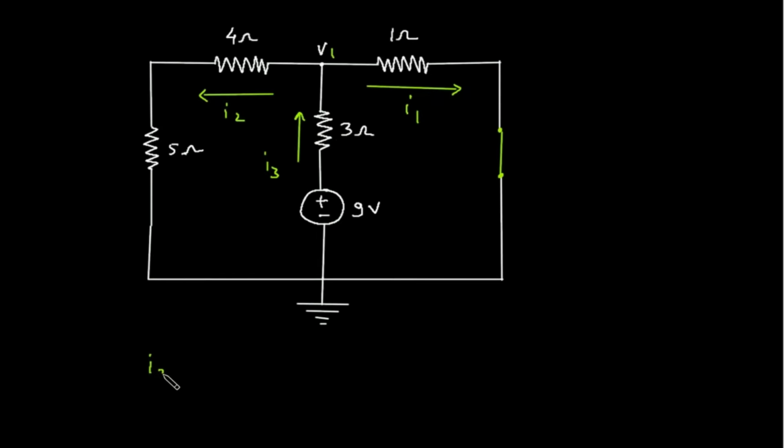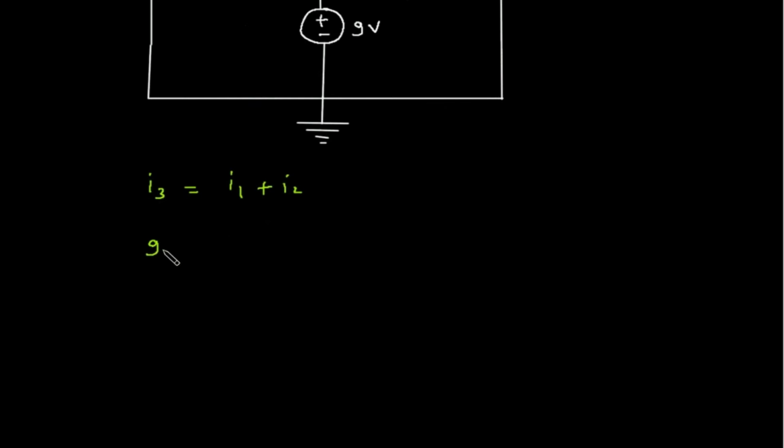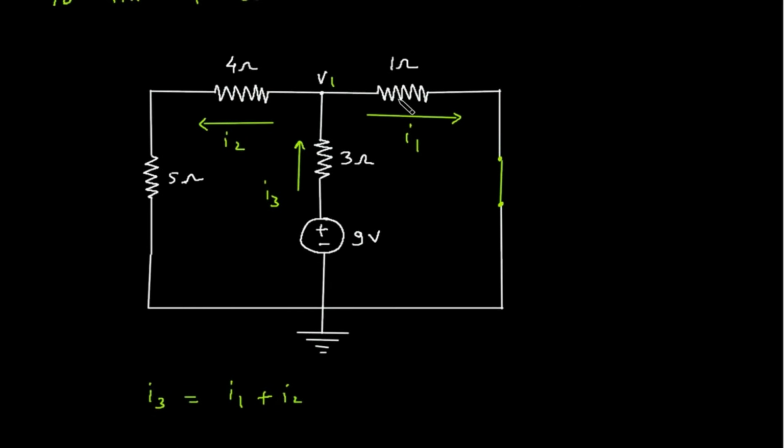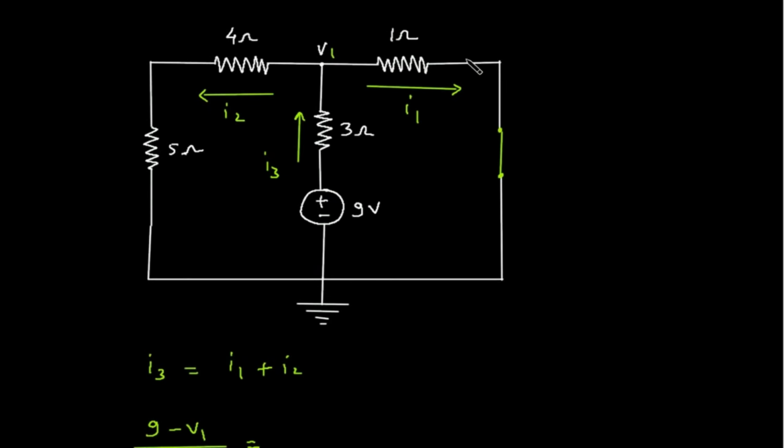I3 is equal to I1 plus I2. Now I3 is equal to 9 minus V1 by 3. 9 minus V1 by 3 is equal to I1. I1 is equal to V1 minus 0 by 1. So directly I1 is equal to V1